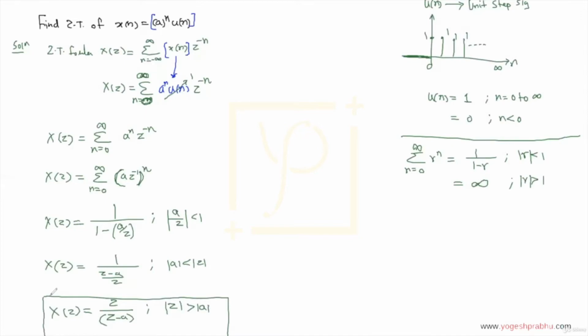Now once you write down this answer, look, we are finding the z transform, and the answer of a z transform usually always comes with an ROC condition, right? So you have to understand that if I have to write down this as the answer, this condition is mandatory. If it is the other way around, the answer becomes infinity. So for mod z greater than mod a, the answer is here. What if z is less than a? If z becomes less than a, the value of X of z will become infinity.